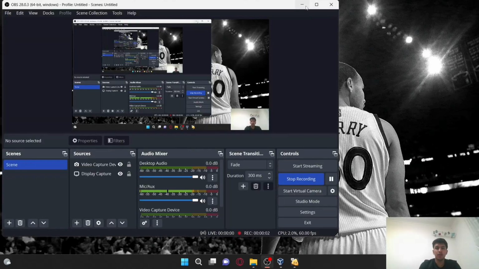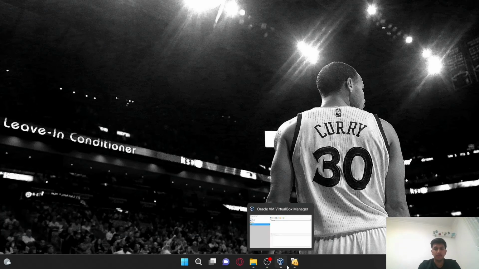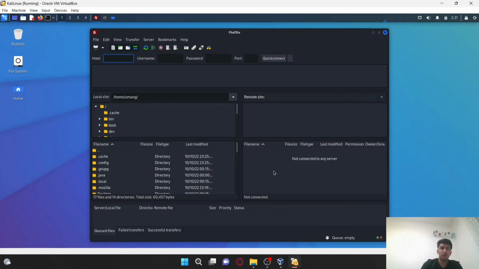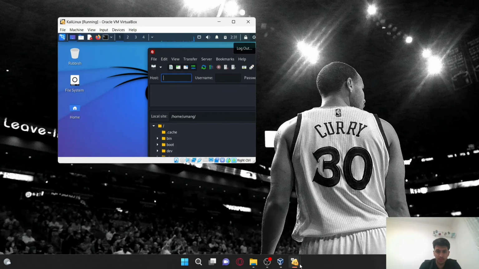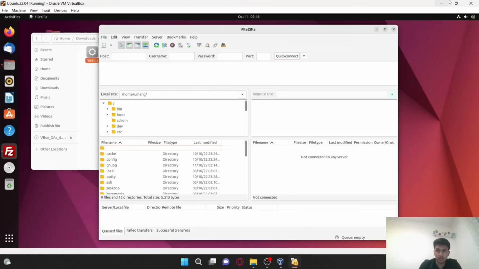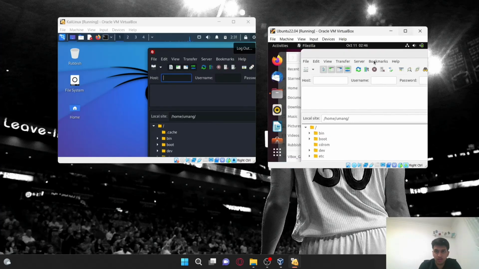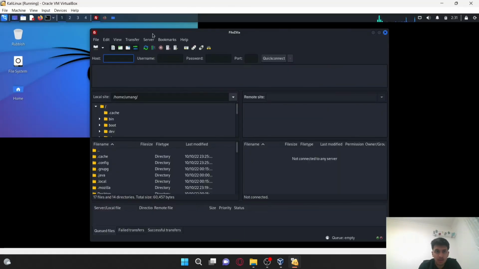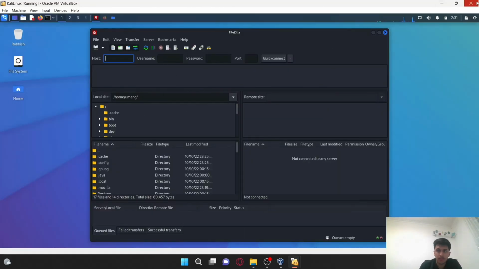For the last part, to transfer files within an FTP server, you have to open FileZilla on both your operating systems. As you can see, I've already opened FileZilla on both of these. What you have to do is type in the IP address of the host.